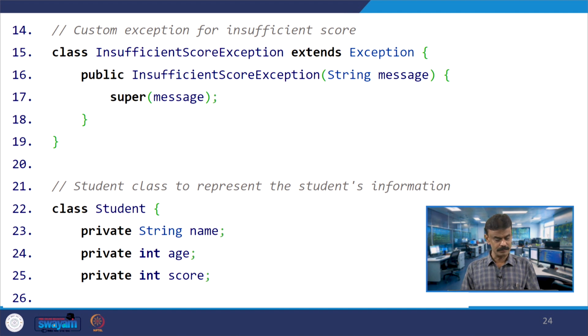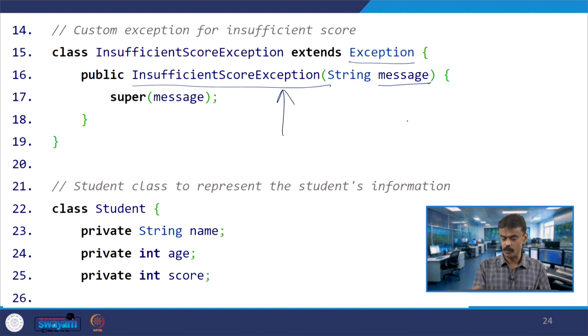Another class, InsufficientScoreException, is also extending Exception, alright. It is a one-argument constructor, and again it calls super(message), the super class Exception.